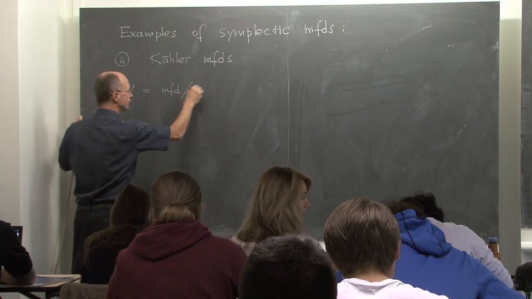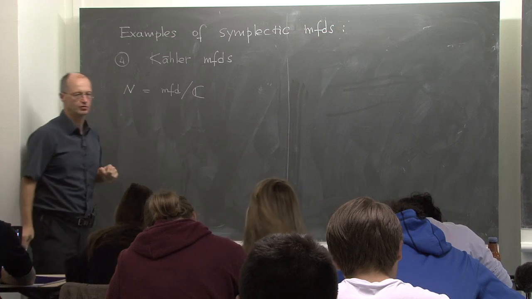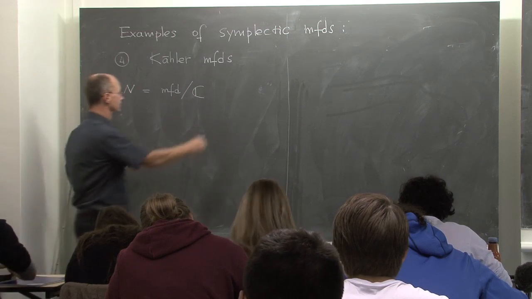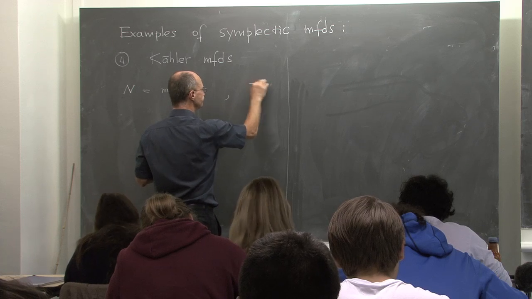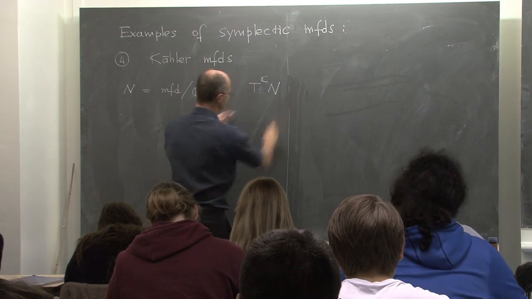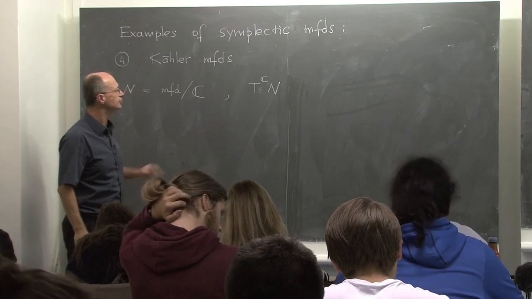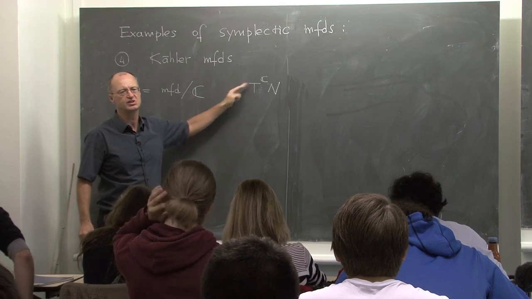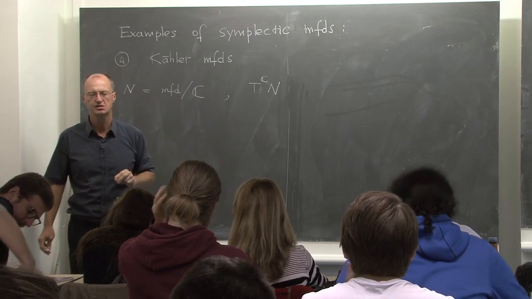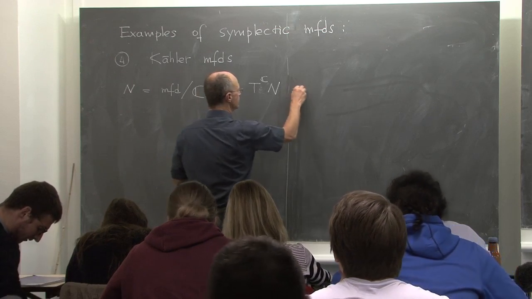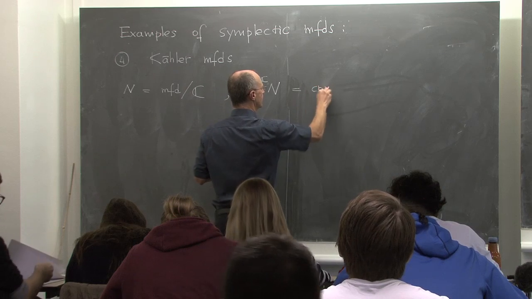So up to now we were always looking at manifolds over R, but now let's look at a manifold over C. And so let's consider the tangent bundle to N, which I just temporarily denote T_C N just to stress that this is a bundle of complex vector spaces. So the complex